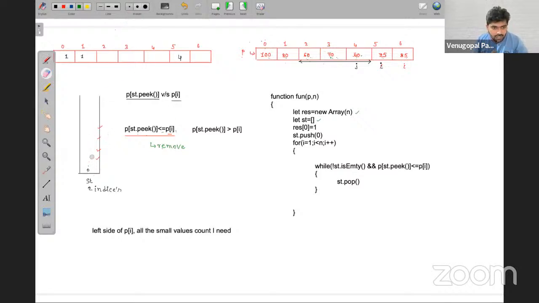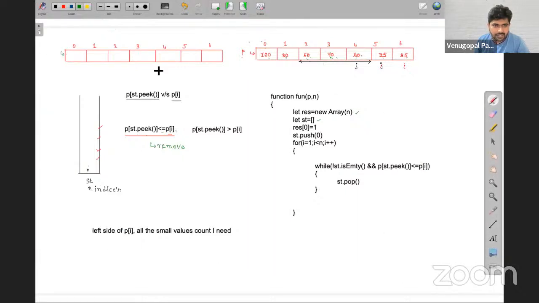Okay. So first of all, we have created a resultant array of the size of n, whatever the given size. So let me name it as a resultant res. So resultant of 0 is equal to 1. First day I have kept its value as 1. After that, I have pushed 0 also inside the stack. Now I am starting I is equal to 1. So I am starting my loop from 1.